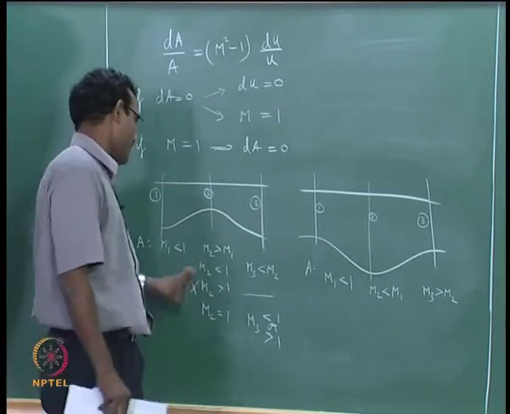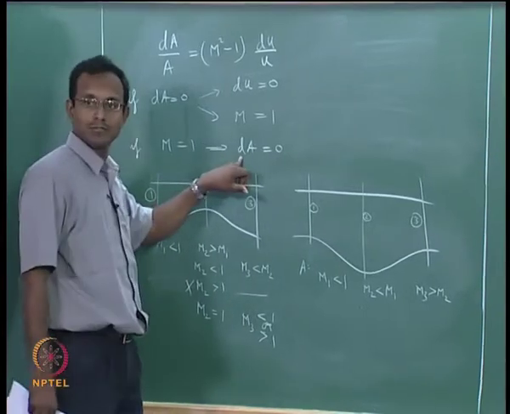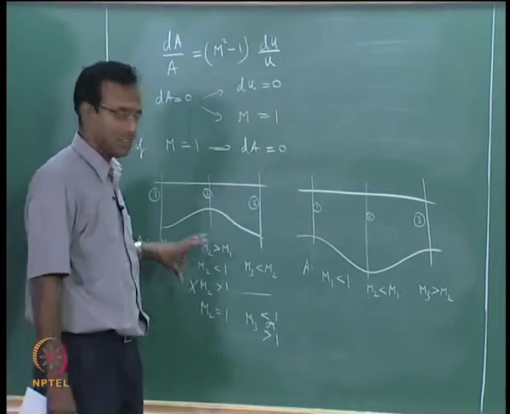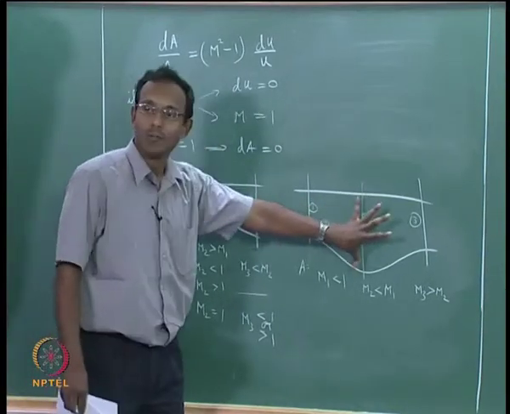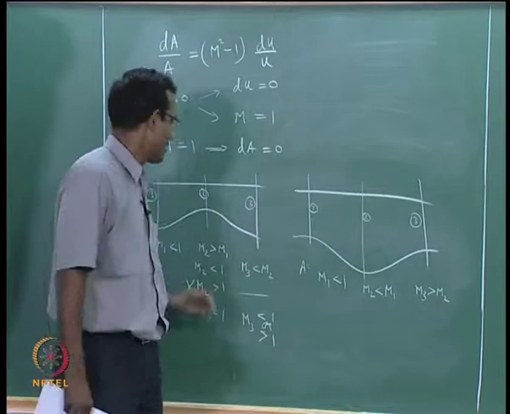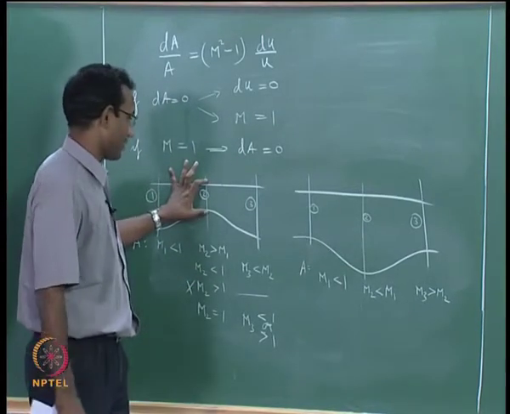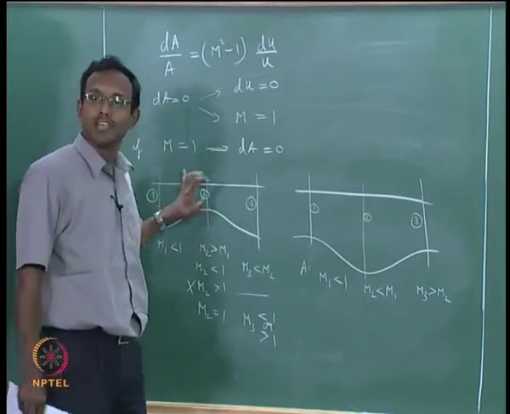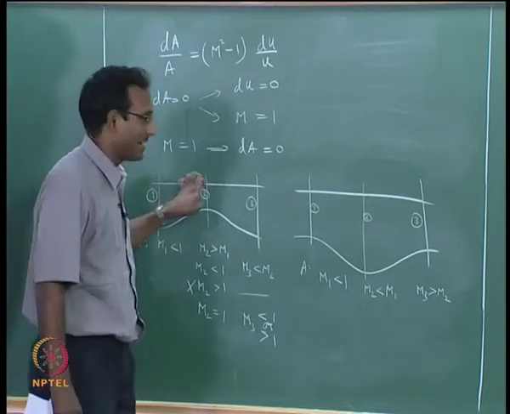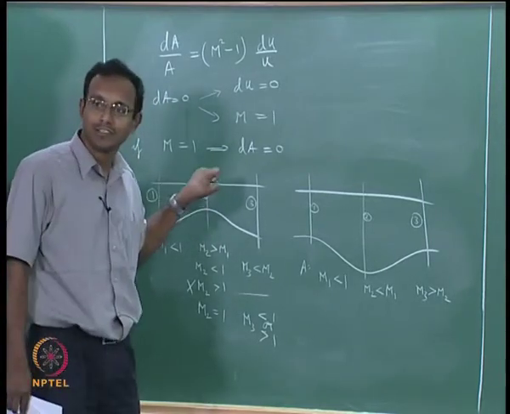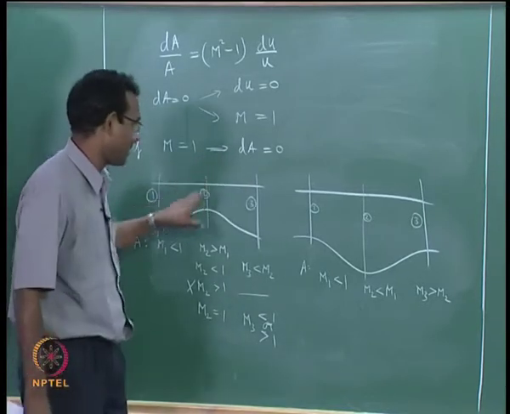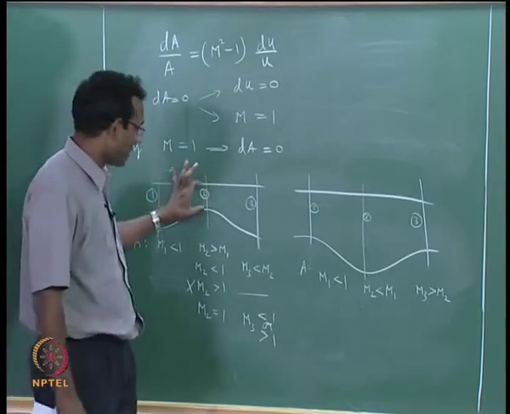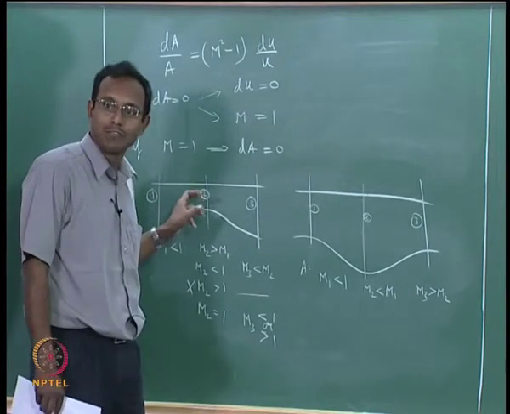There is something more than just dA equal to 0. It has to be area constriction. It cannot be area opening more to something else. That is one more thing you have to look at here. This is called choking of the flow, because you have constrained the duct, you are choking the duct. If you have a pipe and I am crushing it in the center, that is called the choking. So you are choking the duct in here, that is why it is called choked flow.